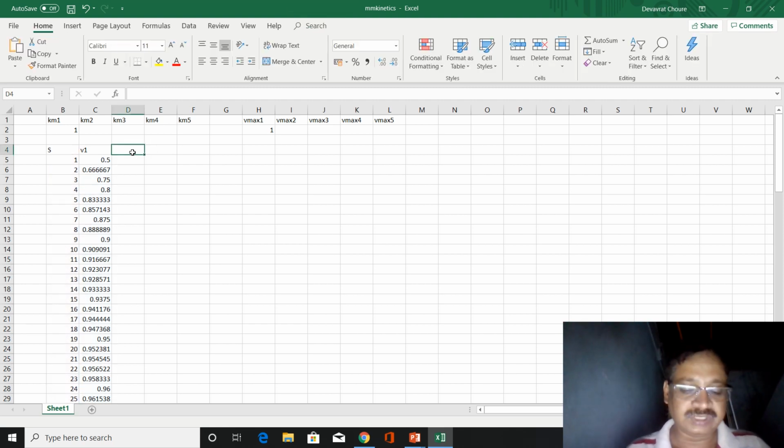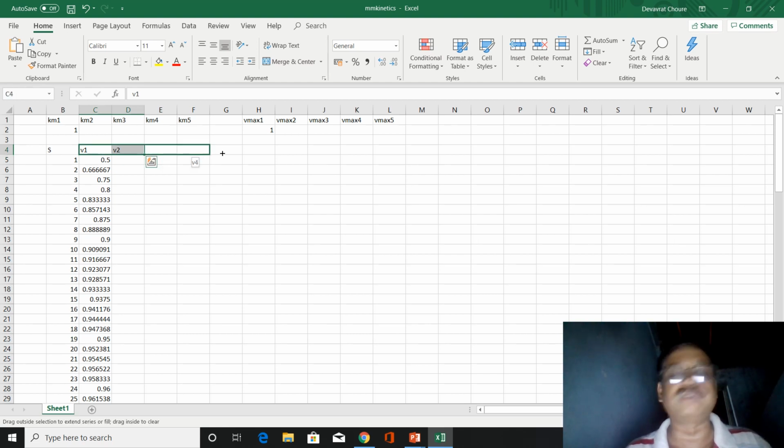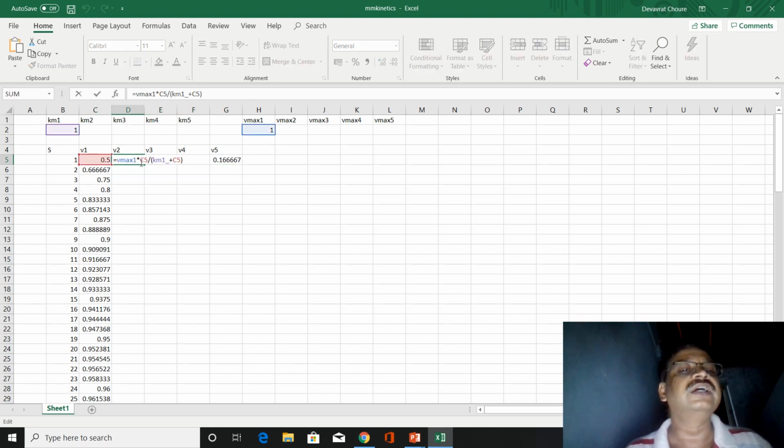We'll go for the V2, V3, V4. There also we'll use this autofill formula up to V5, and there I will drag this formula. It has also got autofilled, but here this substrate concentration has reached into the V cell because it is auto copying it.